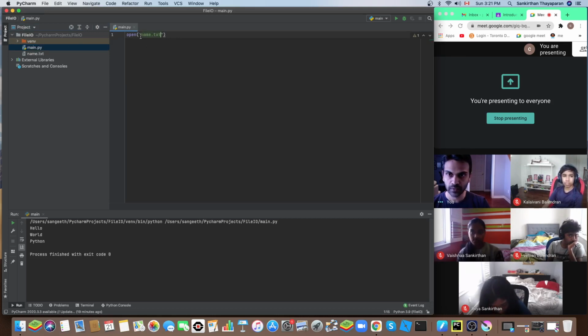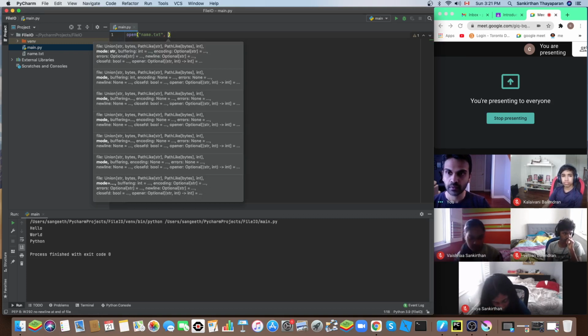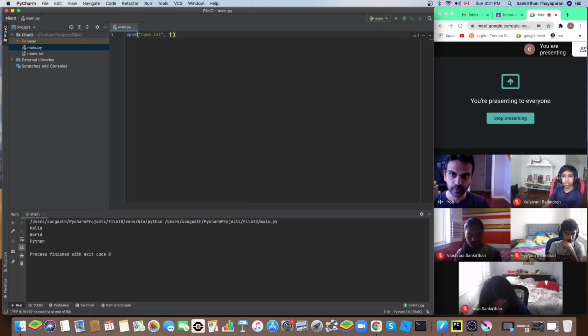So we're passing the file name, and the second argument we need to pass is something called the mode. It's a string, so we have to specify two characters here. The first character tells you whether you want to